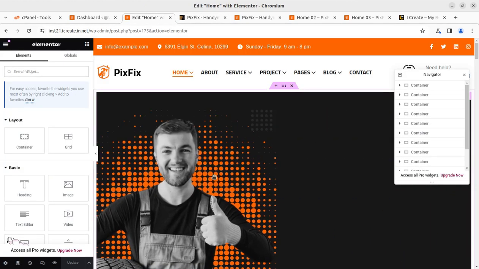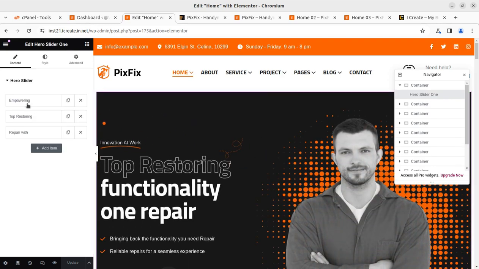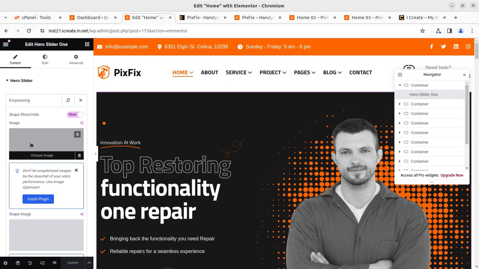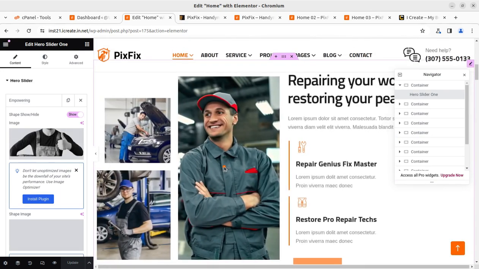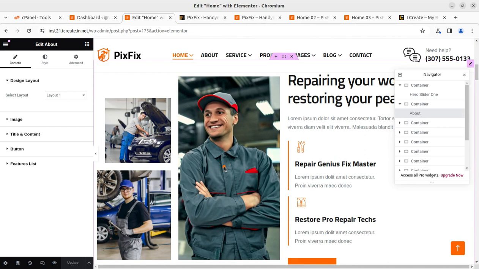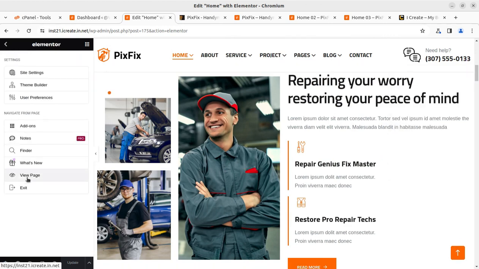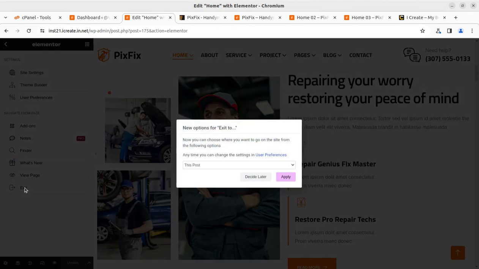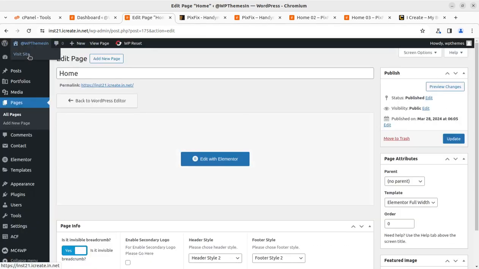And here is Elementor. You can simply click on the area that you want to edit, and you can edit the images, text, and everything that you want. What you have to keep in mind is to use the same image dimensions and the same length of text content, so that you maintain the design integrity of the website. So all is working fine, everything is good, and we can simply start creating a wonderful handyman services website using